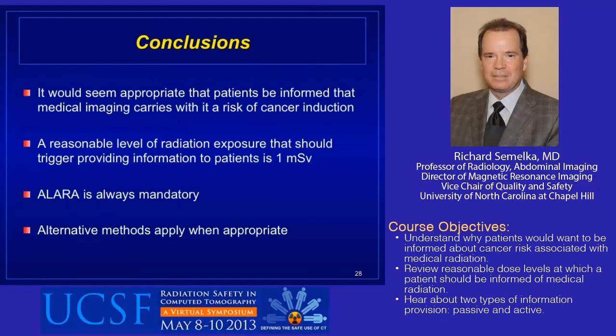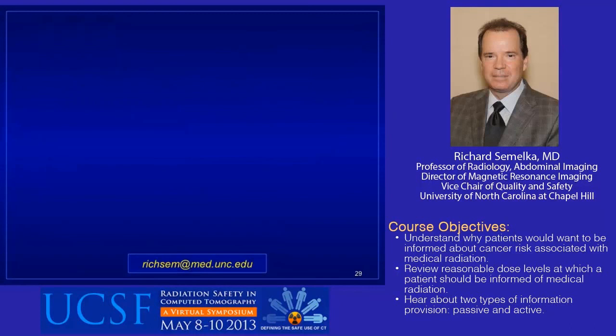And I think it's also appropriate, and I think we all, to a greater or lesser extent, fail at this, to describe to patients that there are alternative methods available to them, such as ultrasound and MRI, that don't require medical radiation. And with that, I thank you for your attention, and I wish you all the best